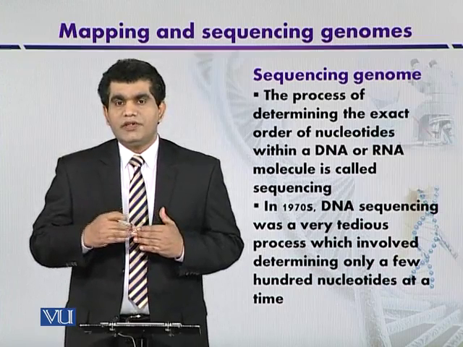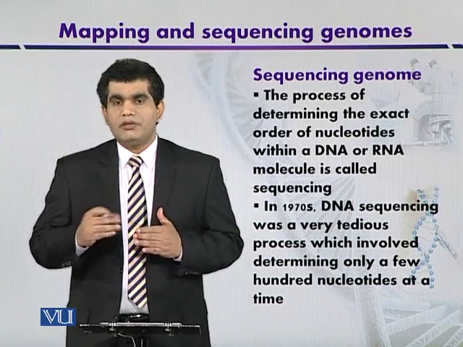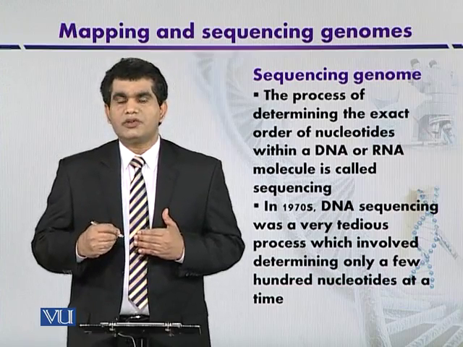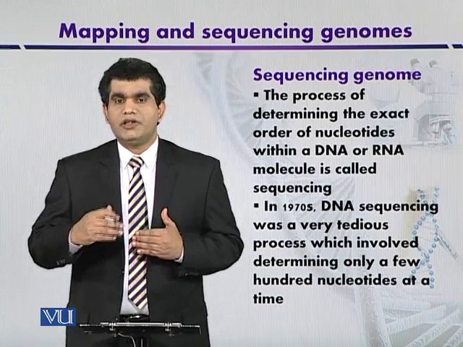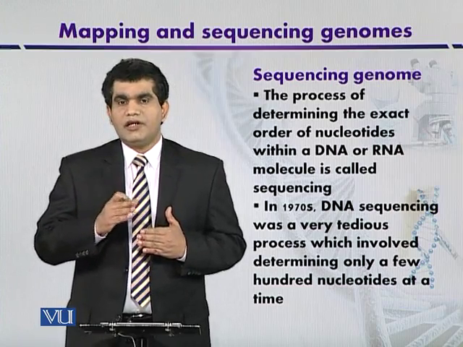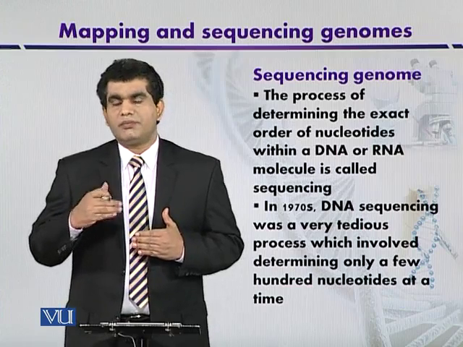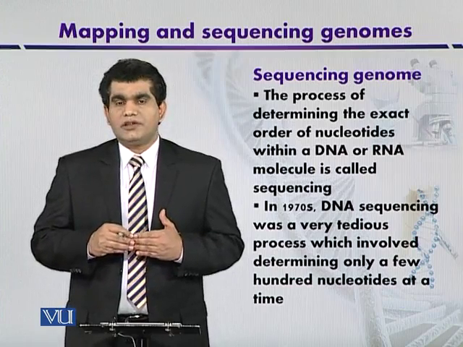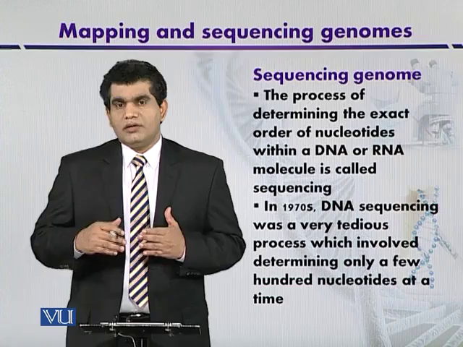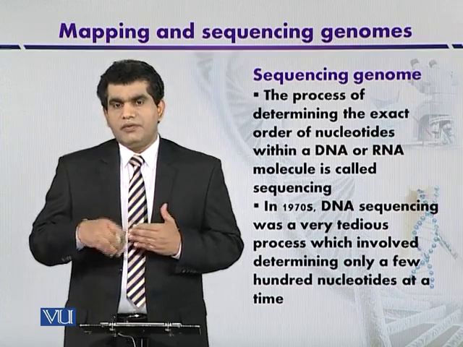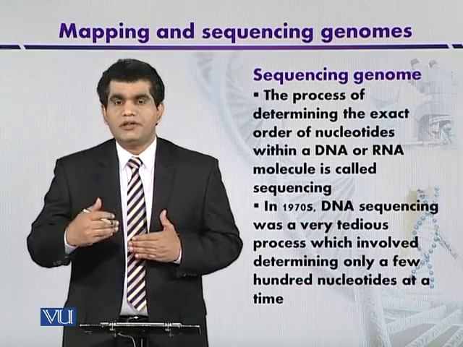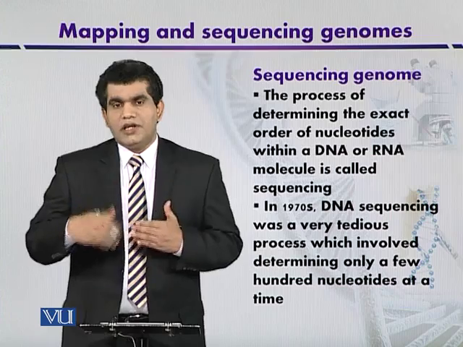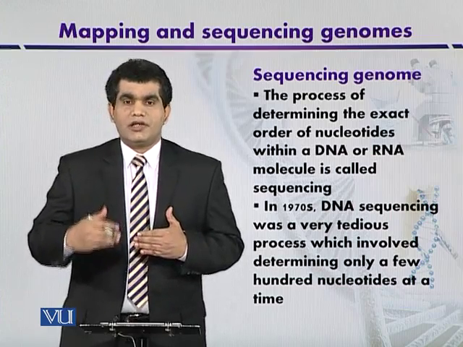So this was the first technique, which is called the chemical method or the Maxam-Gilbert method, where we can use some base specific chemicals so that they can alter the base, and at different lengths during the process of DNA synthesis, it will be arrested. Then the different samples, which are mainly run in 4 different reaction mixtures, can be separated on the agarose gel electrophoresis.